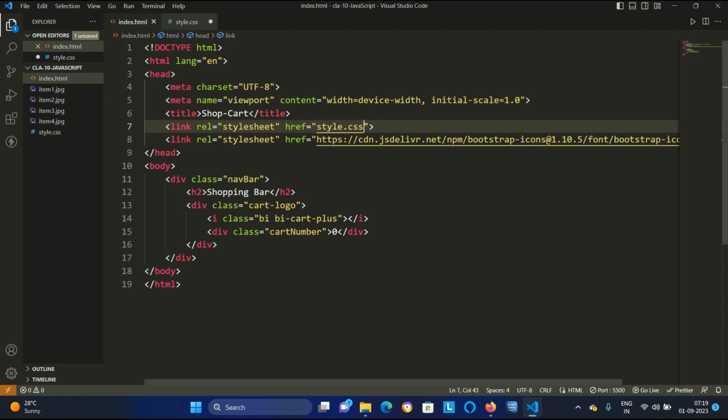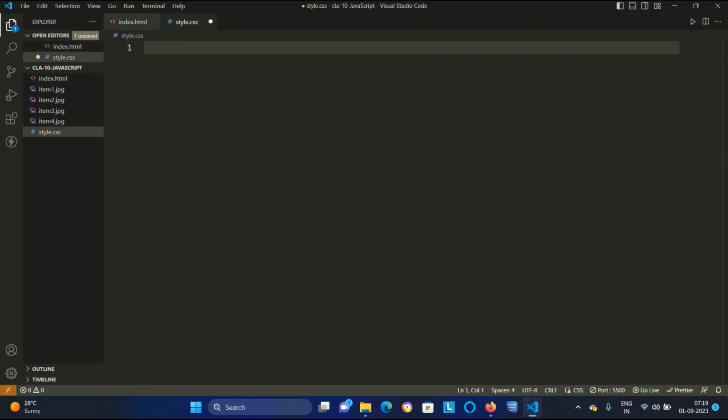Here you can see that we have successfully created our elements in the HTML, and the first div I have created is the navbar. I will select this navbar, press Control C to copy it, and go to style.css.